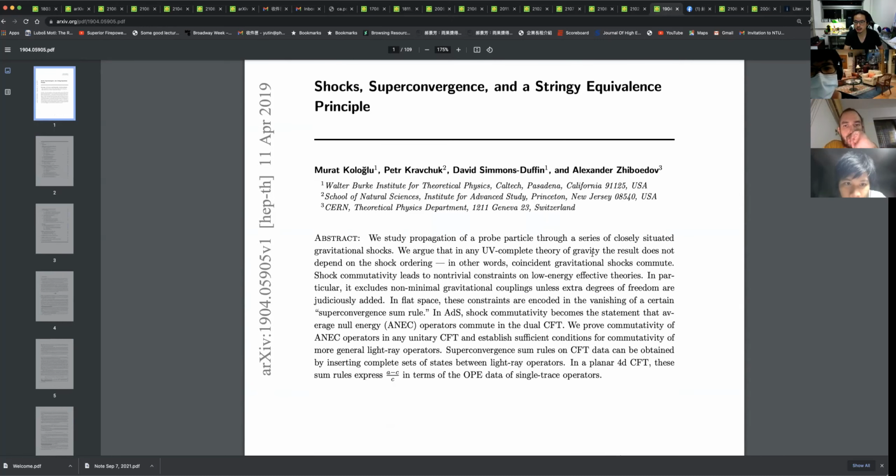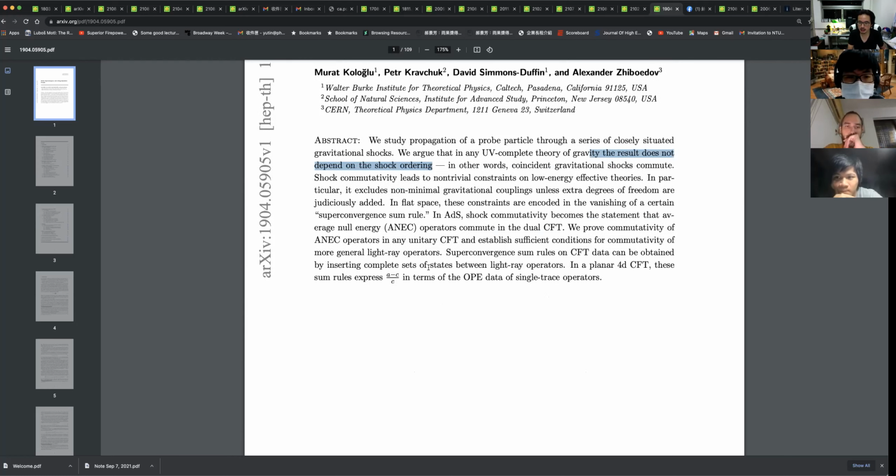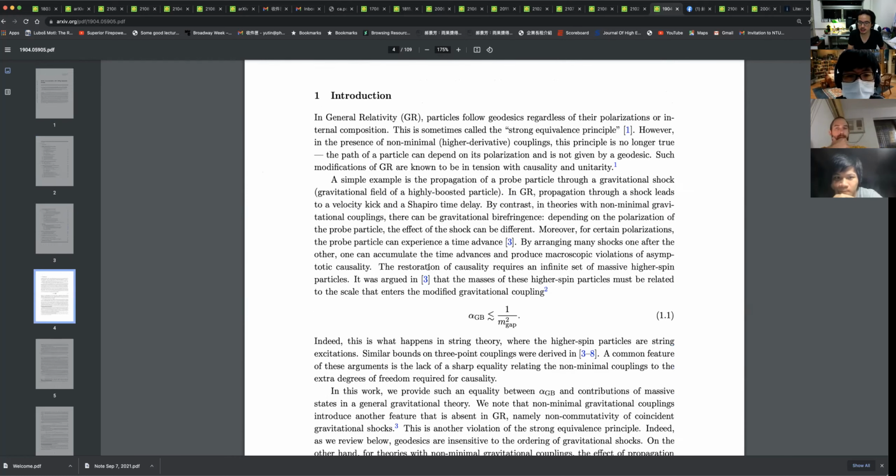So the result does not depend on the shock ordering. That means that when there's a commuting thing, there's a null constraint, right? Now, of course, this is not an amplitude. We're saying that this is not an amplitude, but I'm saying that you can actually source this kind of